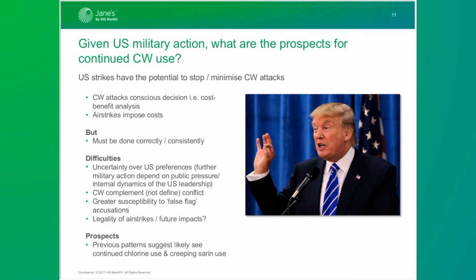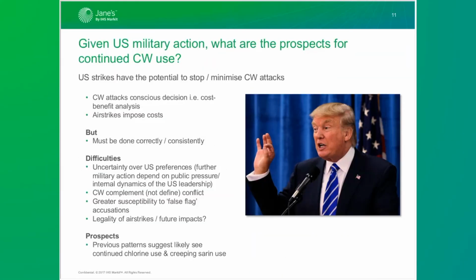And I posit that the US strikes certainly do have the potential to stop or minimize chemical weapons attacks, simply because the decision to use chemical weapons comes as a consequence of a cost-benefit analysis. In that framework, airstrikes, amongst other things such as sanctions, impose costs. But for this to minimise the impact of chemical weapons, they must be done